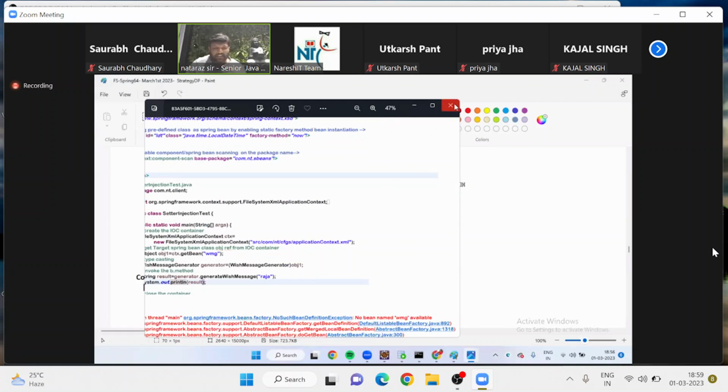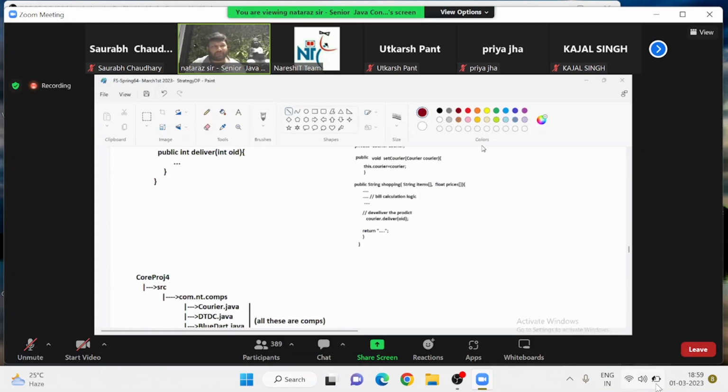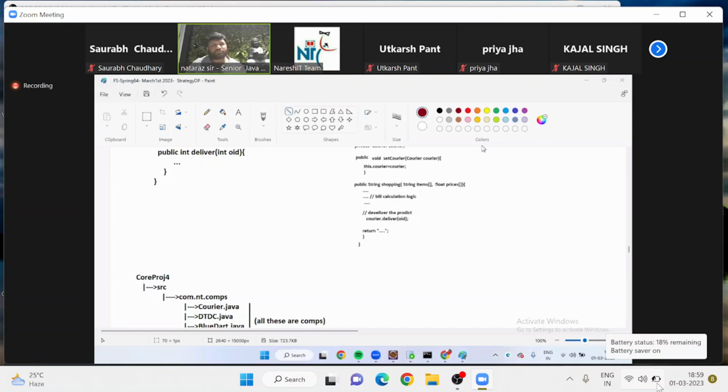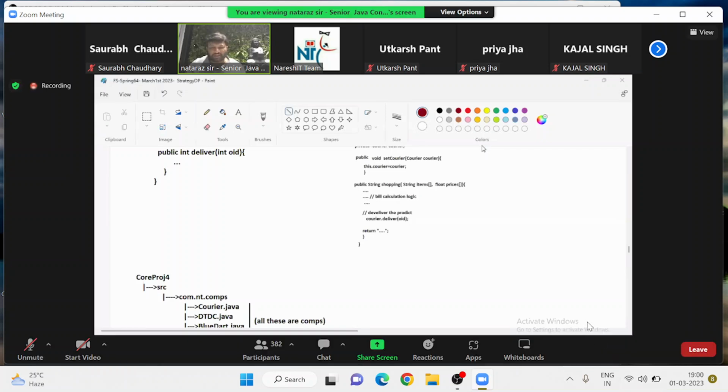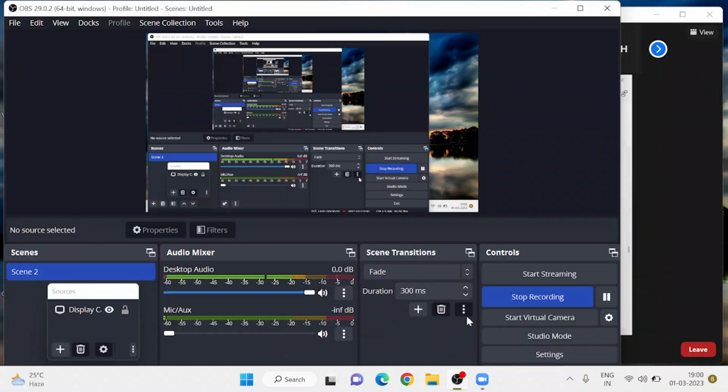And when this error came, I have given some solution. What is that? Number one, create a fresh project without creating modules. Number two, if the problem is still not solved, clean the code and restart the Eclipse IDE. Still not solved, reinstall the Eclipse IDE. This problem came because while creating the project